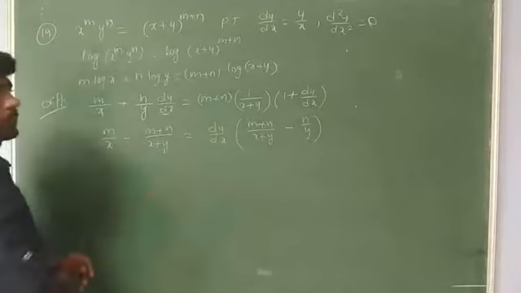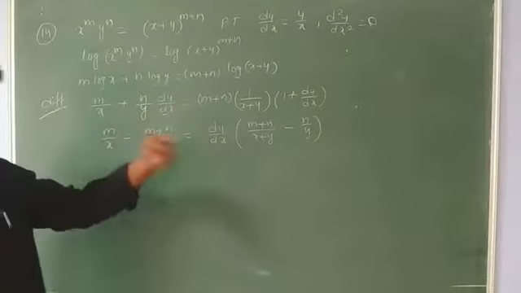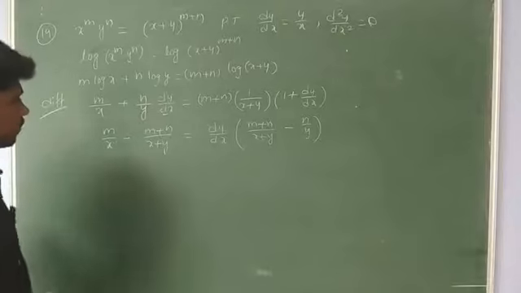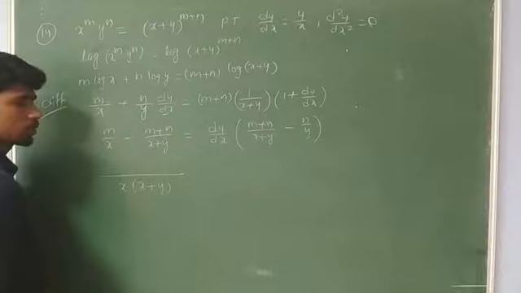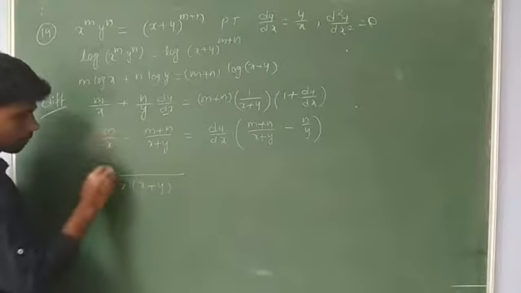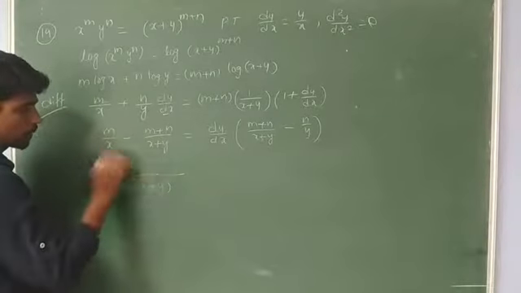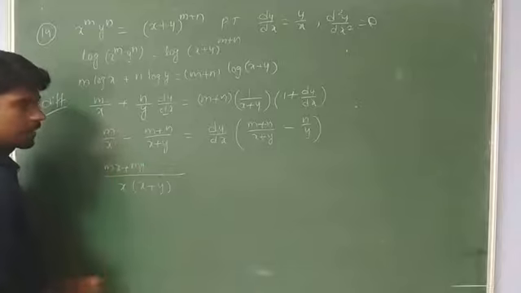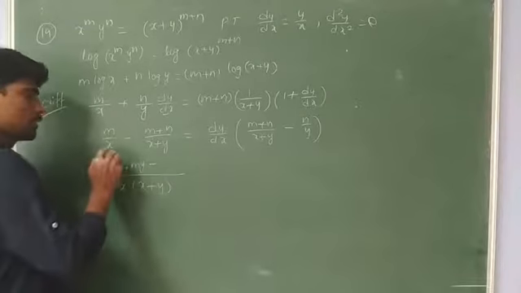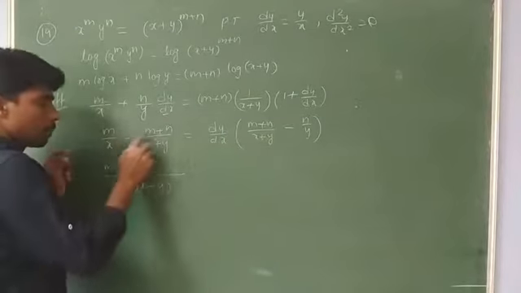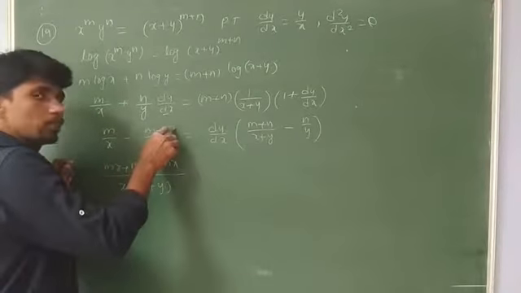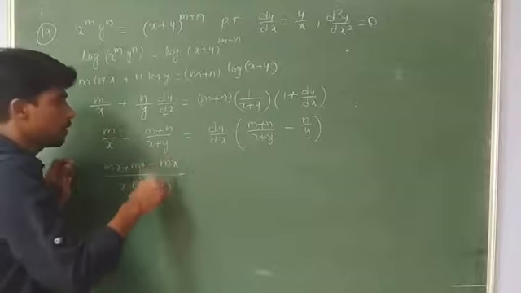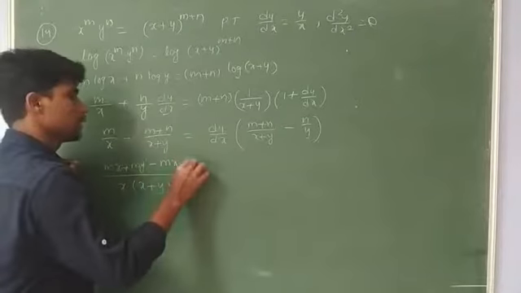I have taken dy by dx common. After transposing, I took dy by dx common. Now take LCM. X into x plus y, x plus y into m, mx plus my, minus x into m plus n, minus m into x minus mx, minus into plus n, which is nothing but minus n, be careful, minus n into x minus nx